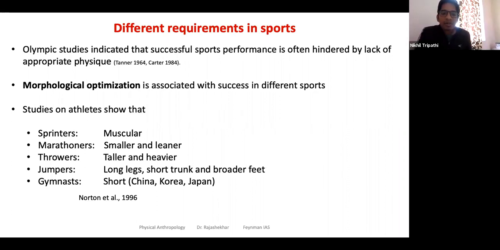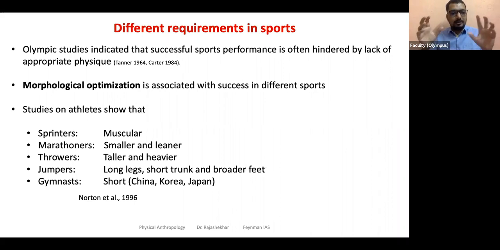Yes. So this includes a few characters which are, as you said, genetic, like long legs and height, but there are a few others which can be developed over time or by training, like the weight of a person, the muscle, and other things. So in selection, what do you do? Basically, you begin with the inherent genetic components that are required for that particular game. Okay, so you start with that because training can provide the other aspects. With training, they can build muscle in certain parts. With training, they can put on more weight here. Those things, the shaping or fine tuning, can be done with training. But what cannot be done is to go over the genetic potential. You cannot increase their height.